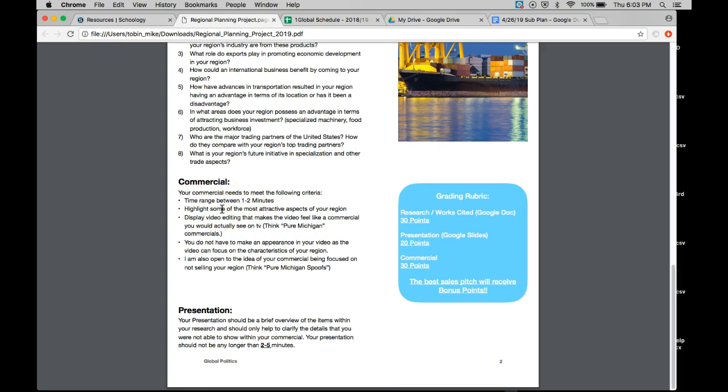Highlight some of the most attractive aspects of your region. You should display video editing that makes the video feel like a commercial you would actually see on TV. So I think that with the tools you have at your disposal, you all are definitely capable of creating something that looks nice, but it will take some time. So make sure that if you're filming outside of class, that's fine, but you can use in-class time to edit